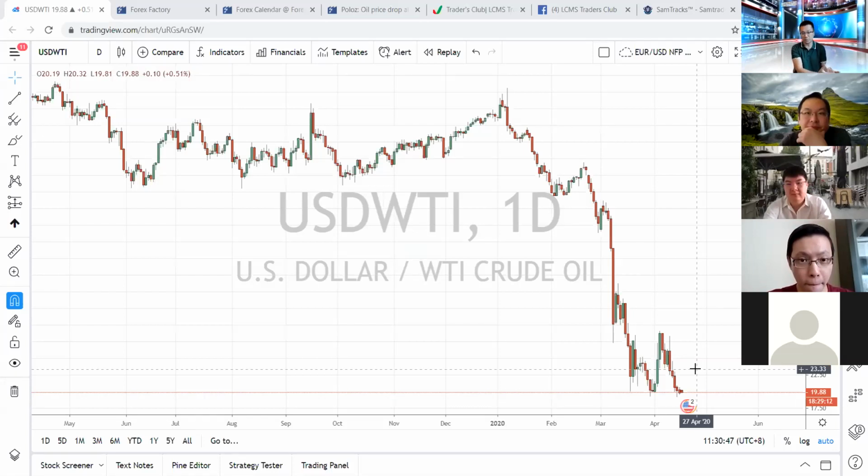Looking at it, the last time we were there was 2002. So it's a very strong support level right now. What we believe is that at this point, it's probably going to sit there. It's going to try and drop a bit lower, but it's going to sit in that region for maybe a little bit of an extended period of time, because in June they're likely to have another OPEC meeting again, which could lead to further reduction in production. So we could see even a cut in production in terms of oil.